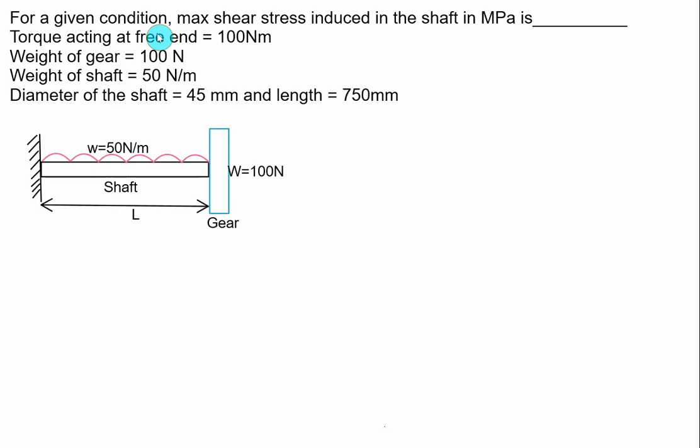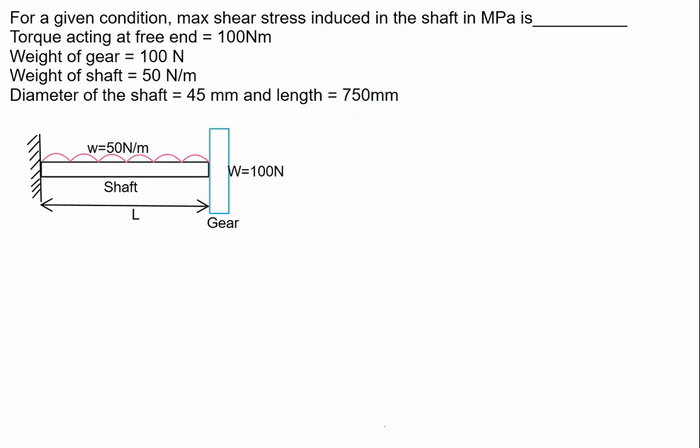For a given condition, we have one cantilever beam, that is a circular shaft, and to the end we have attached a gear whose weight is equal to 100 Newton. We want to calculate the maximum shear stress induced in the shaft. The torque acting at the free end is 100 Newton meter, the weight of the gear is 100 Newton, and the weight of the shaft is a UDL, as shown in the figure, of 50 Newton per meter. The diameter of the shaft is given as 45 and the length of the shaft is equal to 750